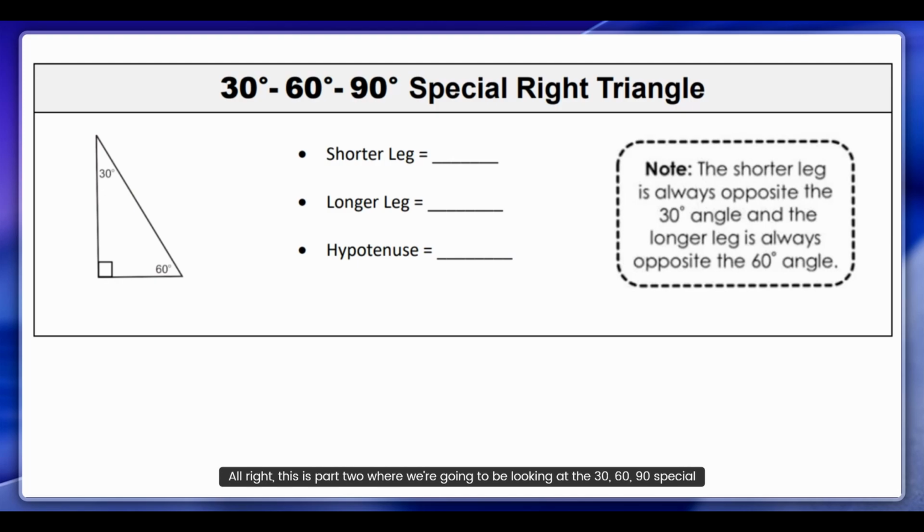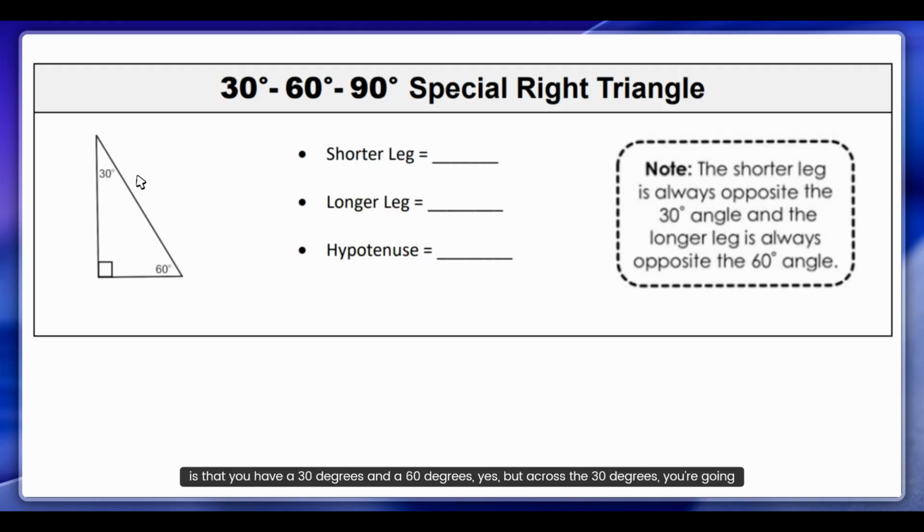All right, this is part two where we're going to be looking at the 30, 60, 90 special right triangle. Out of the two special right triangles that we have, the 45, 45, 90 and the 30, 60, 90, this one is going to be the more challenging one to work with. When we're looking at a 30, 60, 90, the first thing we want to make sure that we understand